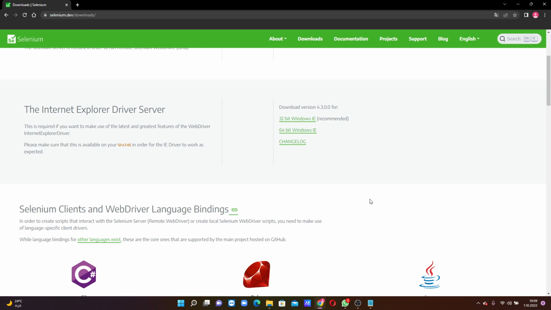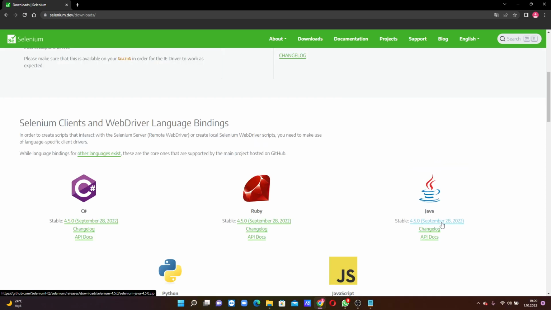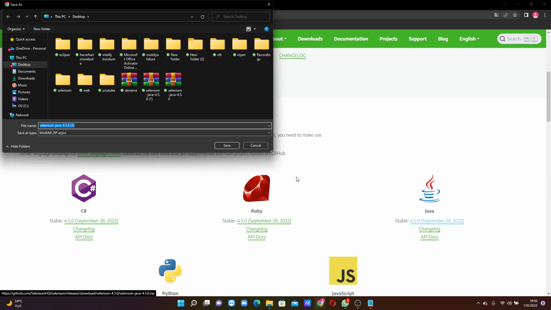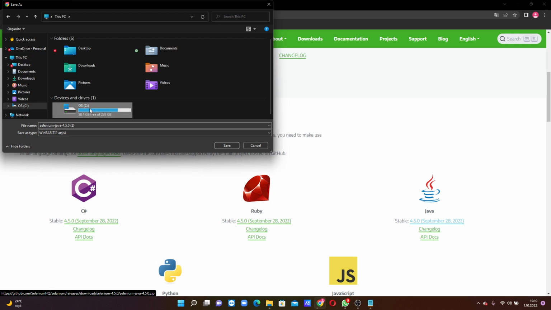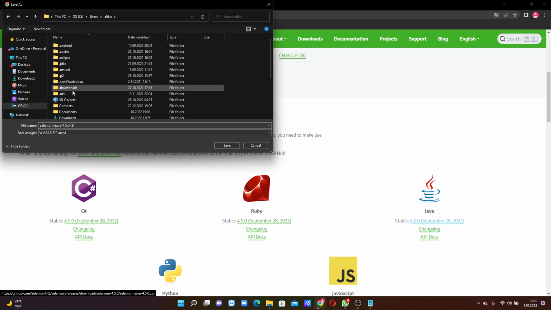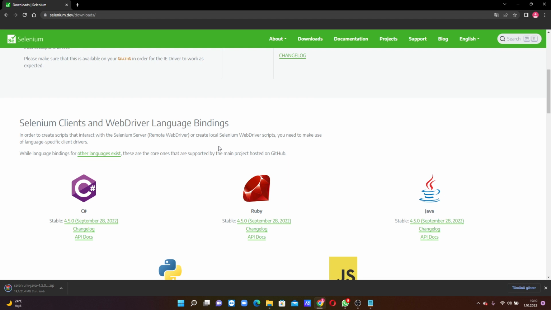Under the Selenium topic, here is Java. We're gonna download it to the libraries folder that we just created. So come to C, and then users, and then documents and Selenium, and then get to libraries. Let's start downloading it to the libraries folder,